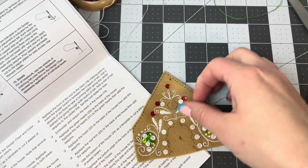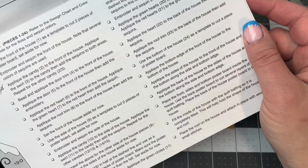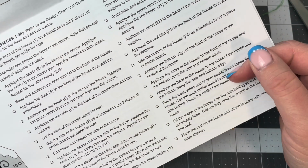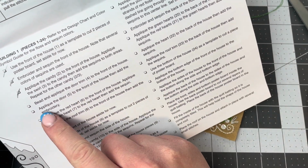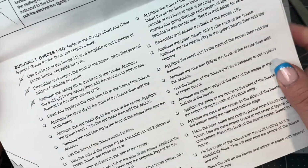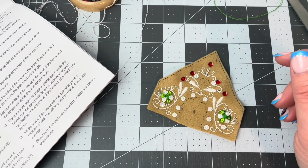Next is the door. It says to bead and applique the door trim to the front of the house. And then we're doing an actual door. So the trim first, and then applique the door to the front, and then add the embroidery. So this is why reading the instructions is important. All right, so looks like the trim